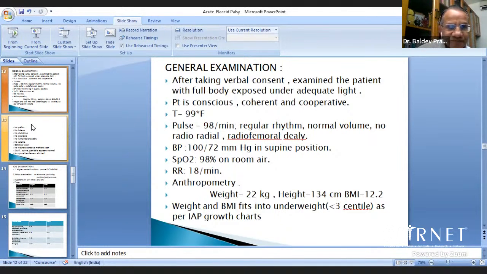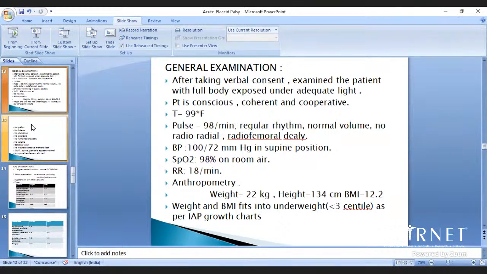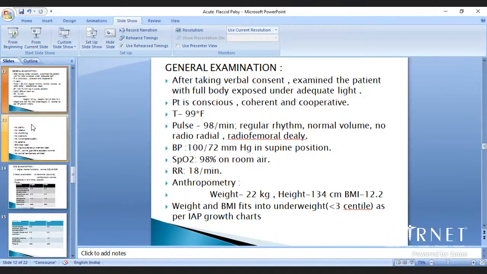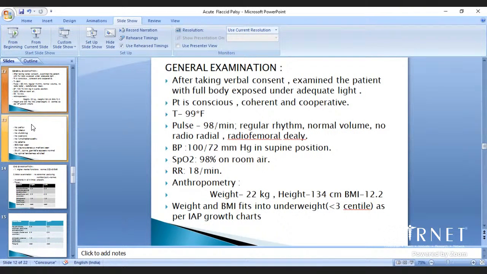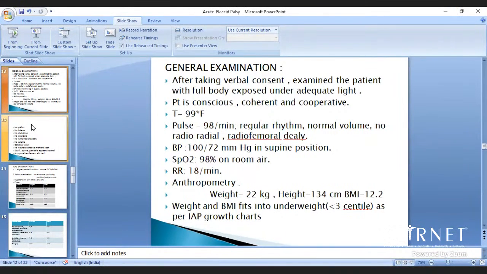Coming to general examination, after taking verbal consent, the patient is exposed, full body exposed under adequate light, and the patient is conscious, coherent, cooperative. Temperature is normal and pulse rate is 98 per minute, regular rhythm, normal volume, no radial or radiofemoral delay, and BP is around 100 by 72 mmHg in supine position. SpO2 is 98% on room air, and respiratory rate is within normal, 18 per minute. And coming to anthropometry, patient is